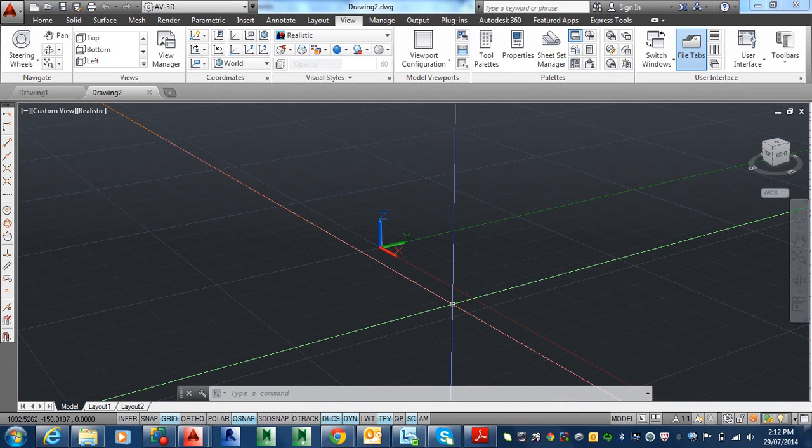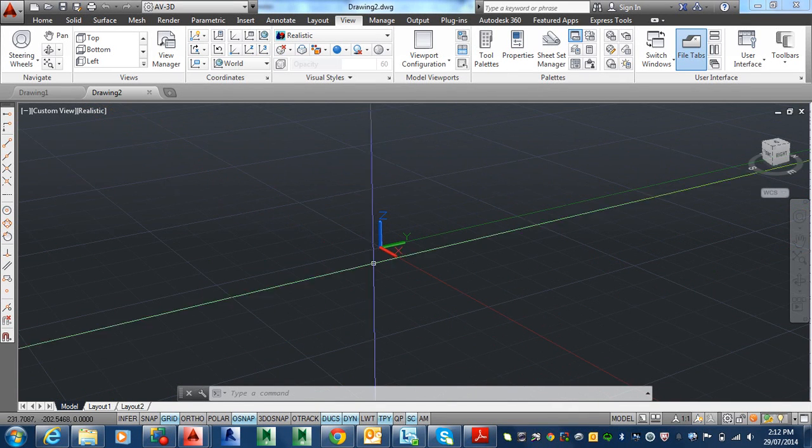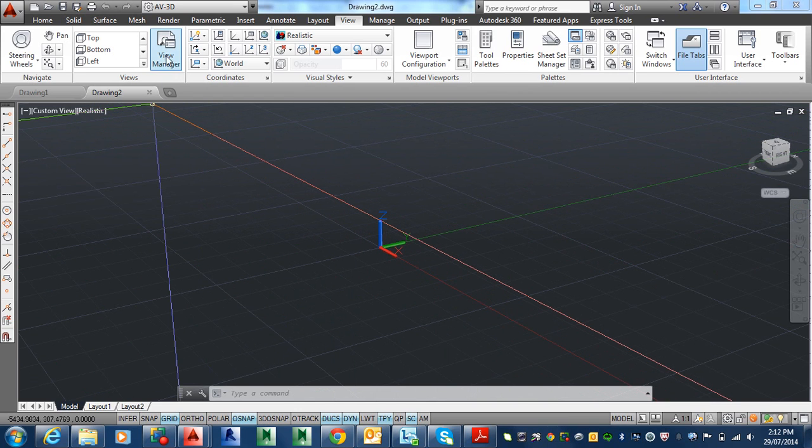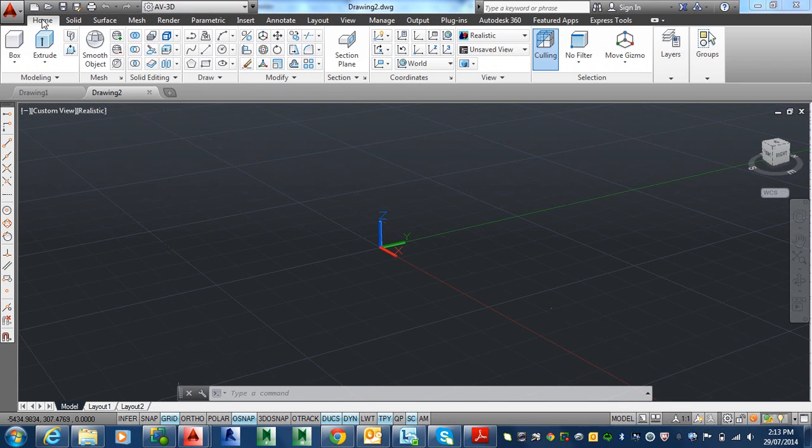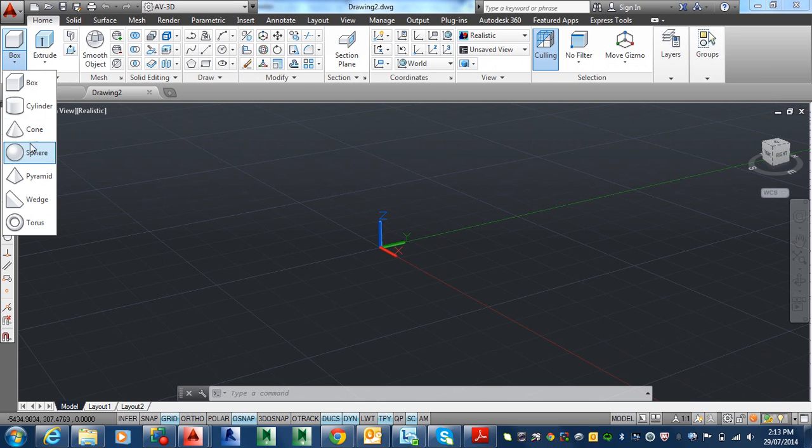So we will begin now with drawing a box using the box command. Alright, so am I in 3D? Oops, I am, but I've got to go back to the home. Here's the box command. If I click down here, there's a few other ones like cylinders and some basic primitive